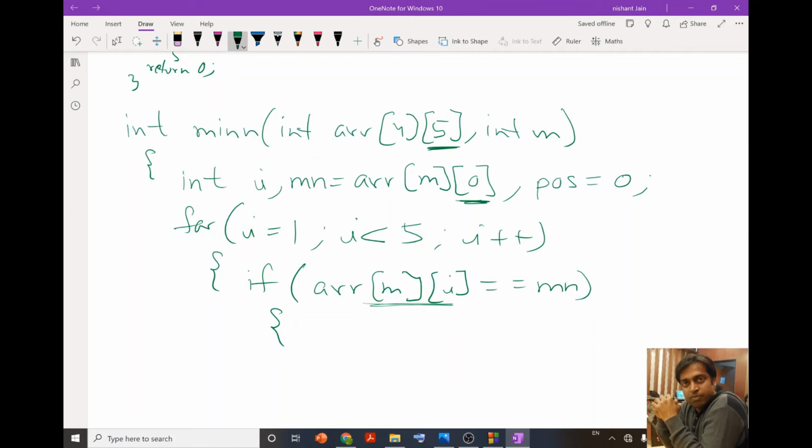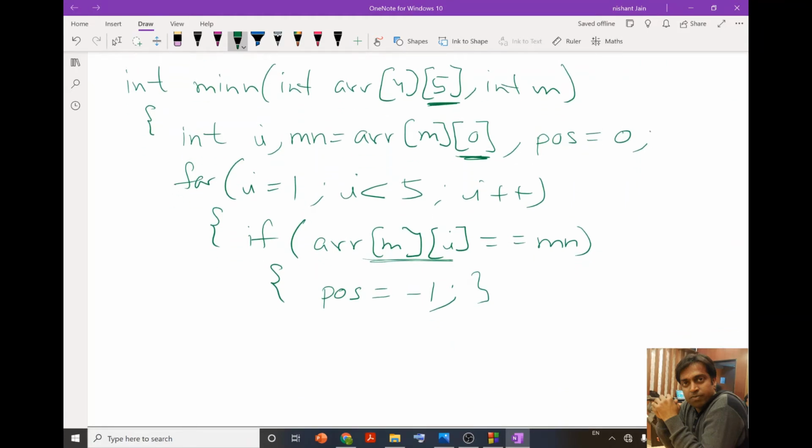Since we have two least values in a row, it means that we cannot have a saddle point, and in that particular case we should assign the value -1 to POS, so that when our function returns the value of POS, if it returns -1, it will indicate that the minimum value is present at 2 locations in this corresponding row, and as such we do not have a saddle point.